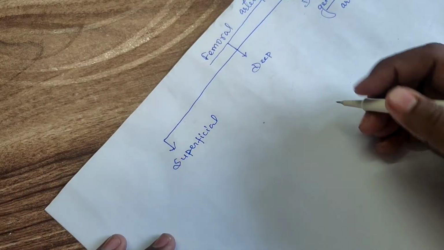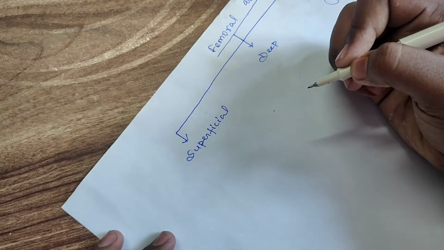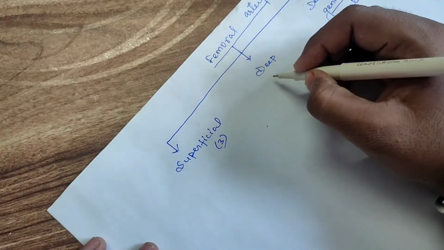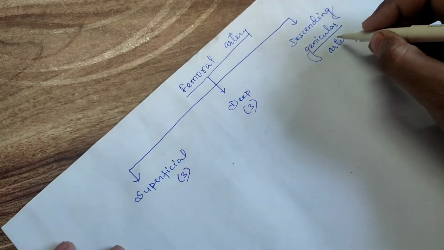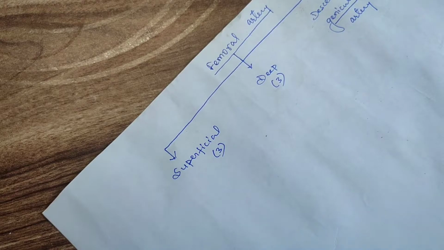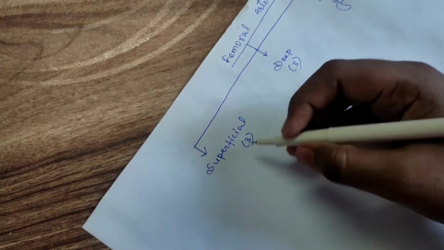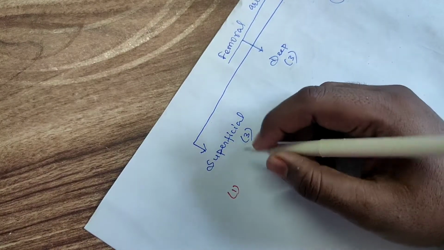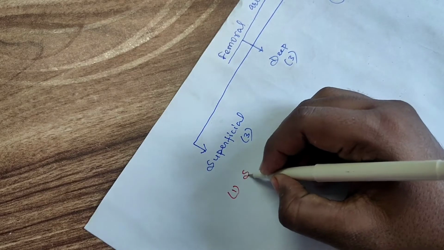Okay, now I've already told you there are all total 7 branches. So there are 3 superficial branches, 3 deep branches, and the one itself is descending genicular artery. Now I will just name them, the branches of femoral artery. The first one is superficial branches. So the first branch, or the first superficial branch, is superficial